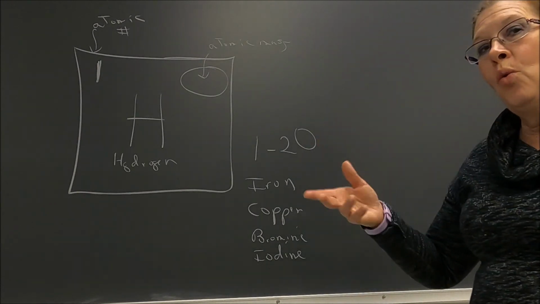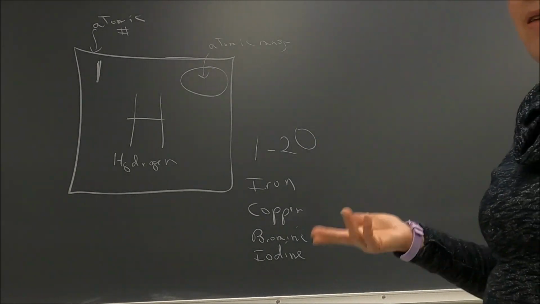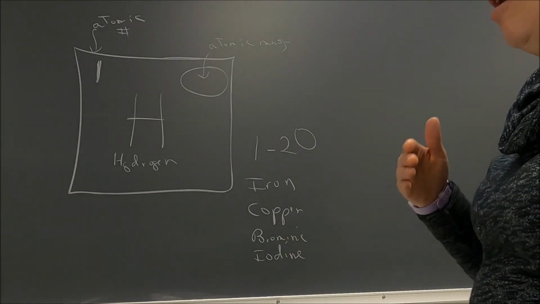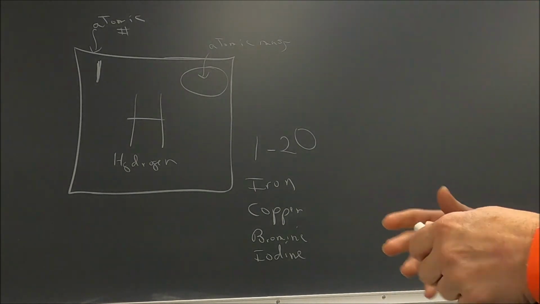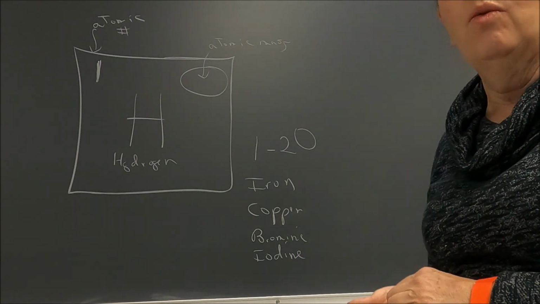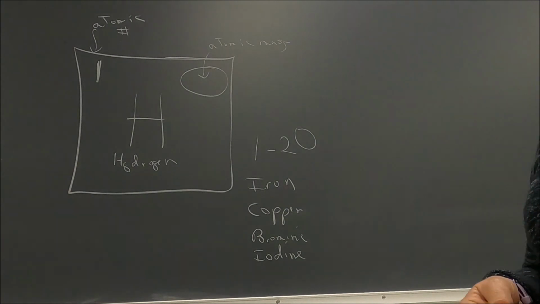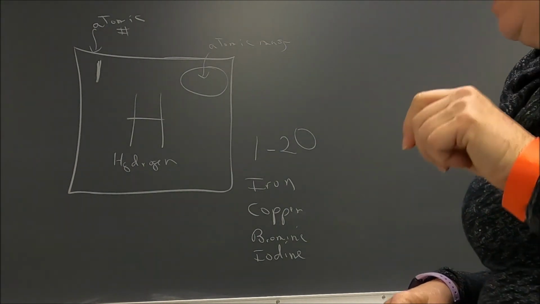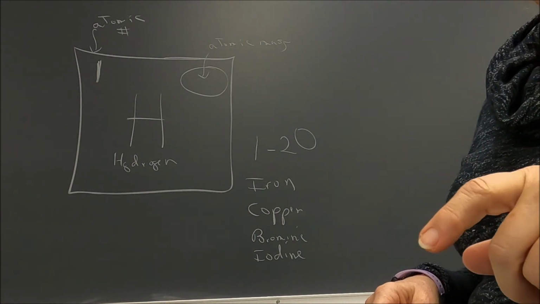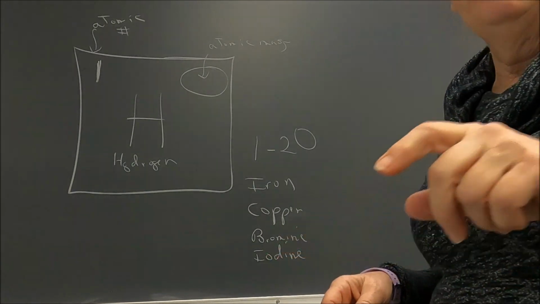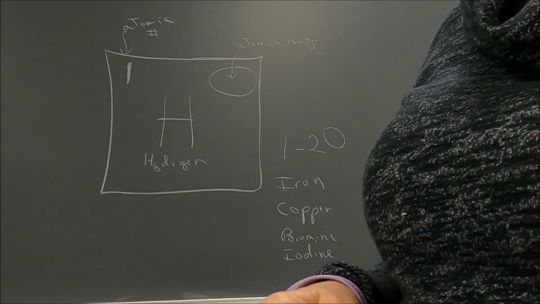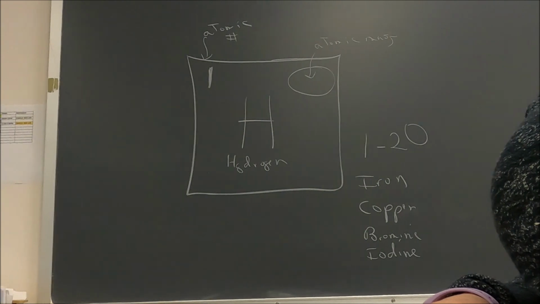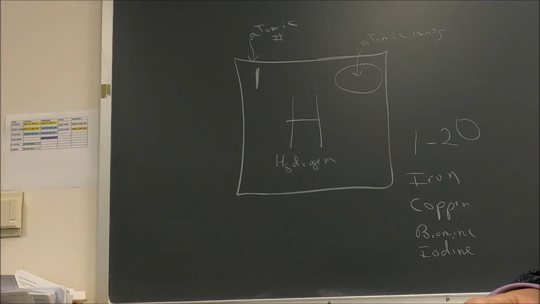Okay, so that's 24 names and symbols. That's not all 118, just 24. And these are the ones we're going to most commonly use. That's why I want you to know these guys. All right? So, let me break it off right there. And that's where we'll stop on this one, and we'll pick up with isotopes next time.